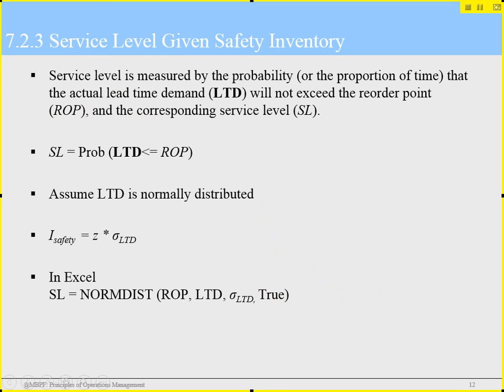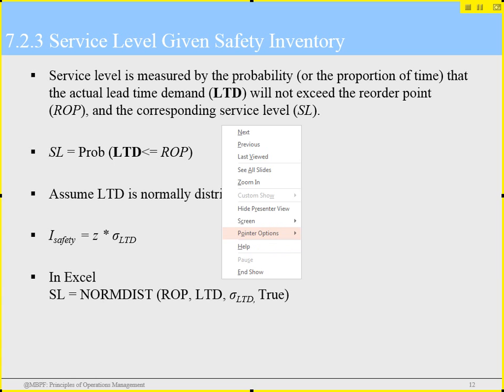All right. So if we're looking for how do we calculate service levels, we have several ways we can do it. We can manually calculate it, or we can use Excel if we know what we need to put in Excel. Excel is the easier of the two if you understand how the formulas work in Excel. But a service level is measured by the probability or the proportion of time that the actual lead time demand will not exceed the reorder point and the corresponding service level. Okay? So if we assume that our lead time of demand is normally distributed, we can do a lot of things with statistics. Okay? And so then what we know is that our safety stock, we can calculate how much safety stock we need to meet a given service level, because if it's normally distributed,